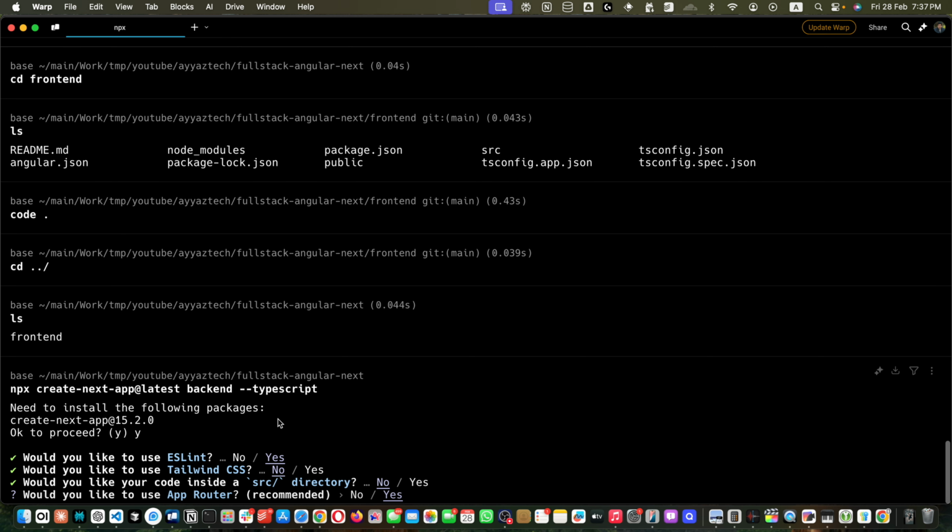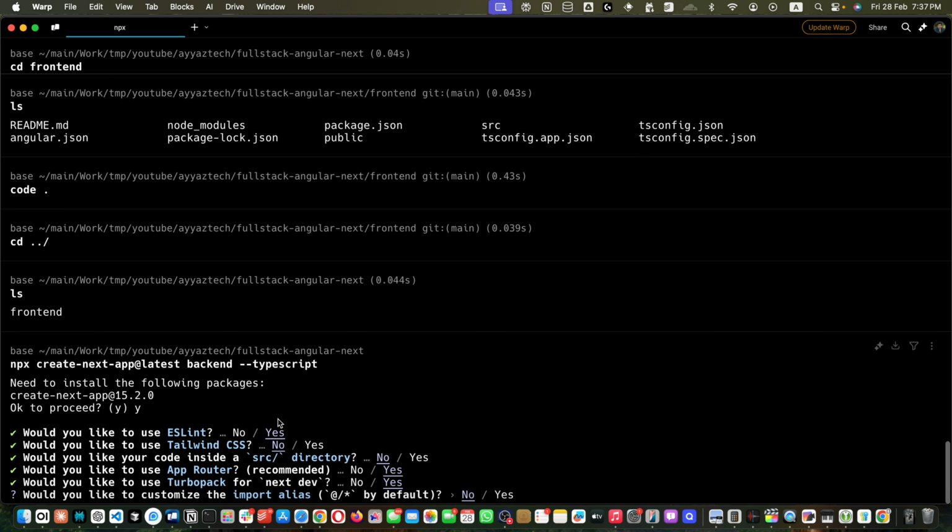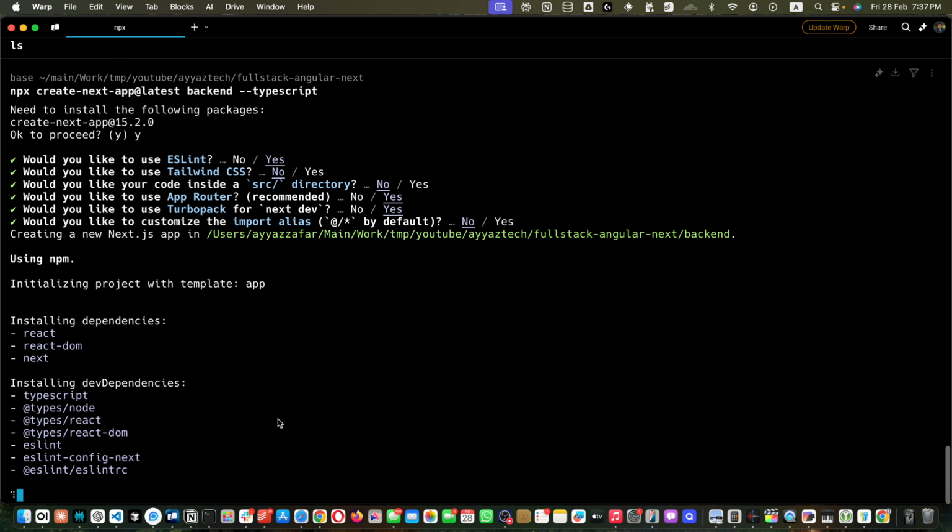Would you like to use app router? Yes, that is also recommended. Would you like to use TurboPack? Yes. Would you like to customize the import alias? Just press no. So this uses the Next.js CLI to create a new app named backend in the backend folder